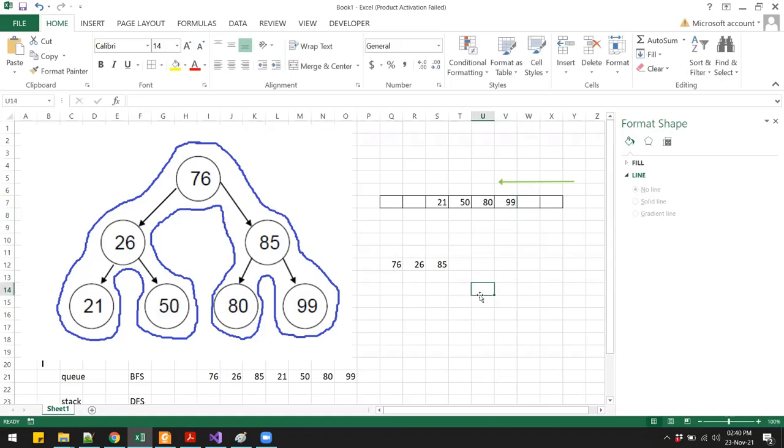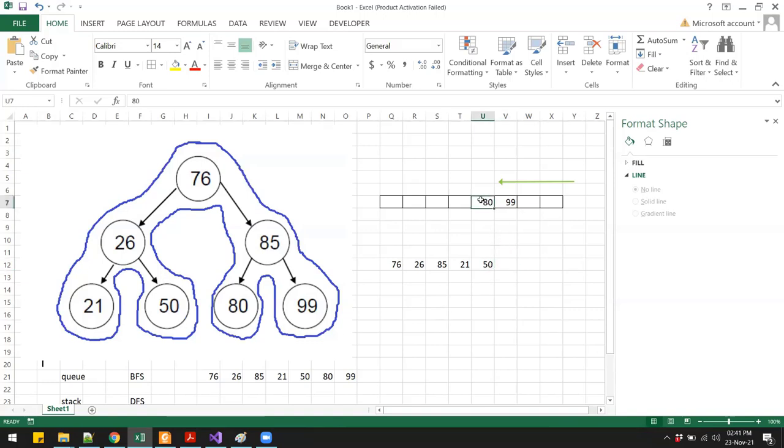Then once you are done, you will again dequeue. You get 21. So after dequeuing, you print 21, and then once you are at that node, you will enqueue their right and the left child. But for this one, there is no right and left. So we move on and dequeue again. So we get 50 and you print it. After printing, you enqueue 50's left and the right child. Since they are none, you don't do anything.